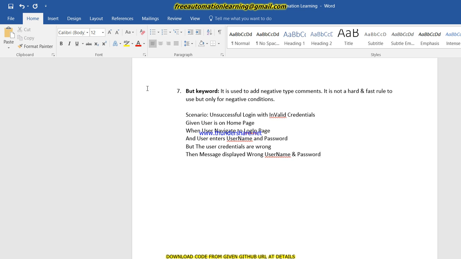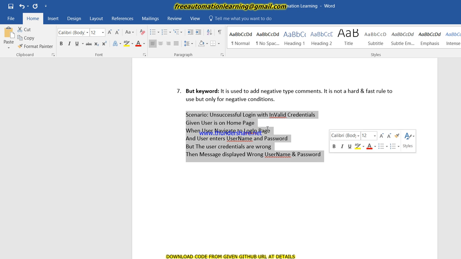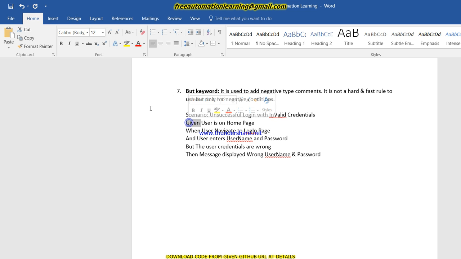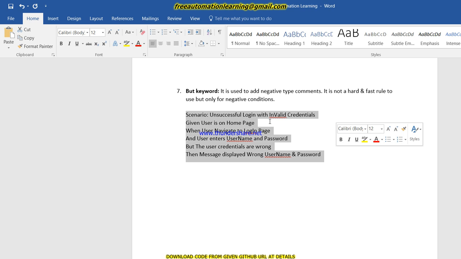So this is all about the feature file, right? This is a simple English language which is known as Gherkin, and we use the keywords given, when, and, but, then to design our test cases in the feature file, right?